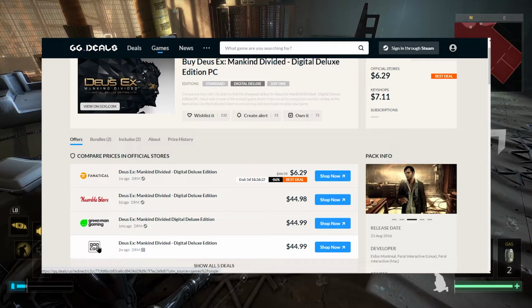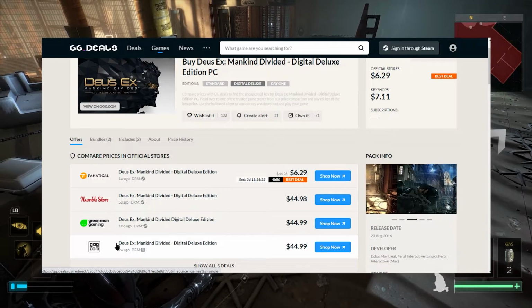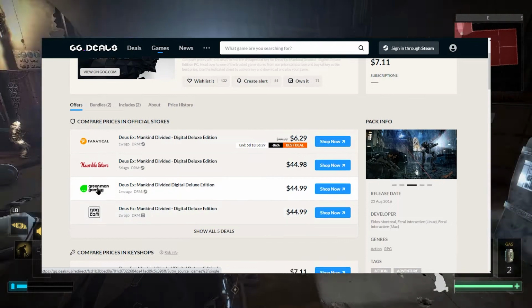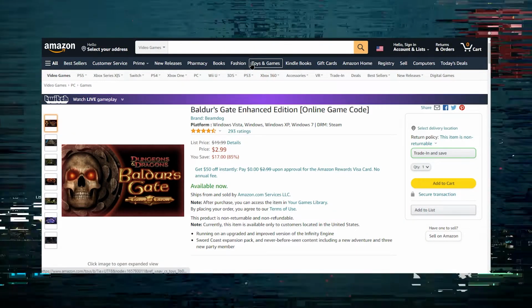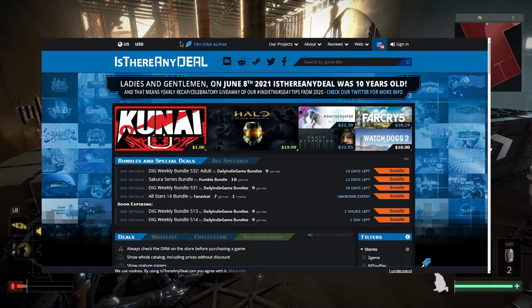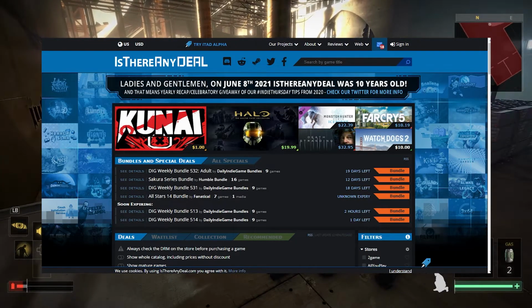GOG, got lots of free games from them. I might have even bought a few there. I would recommend them as well. Steam, of course, as well. Heck, I would give Amazon a try. Never thought that they sell game keys. That's cool. Alright, anyway, so now that we bought a game that we knew we wanted, let's see how we